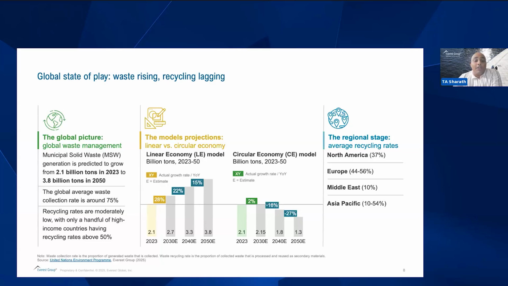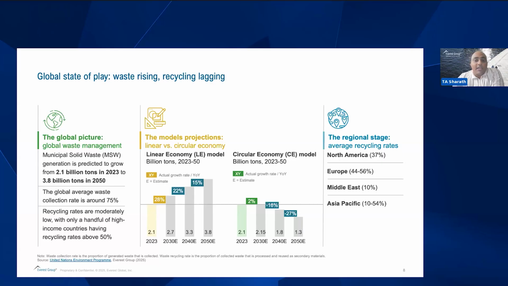Furthermore, if the scenario currently persists, the global average waste collection rate, which represents the proportion of generated waste which is actually collected, is only approximately 75%, and it is unlikely that it is going to increase drastically in the foreseeable future. So this means that a lot of waste is left unattended or illegally dumped in landfills or water bodies, resulting in severe impacts on human health and the environment.